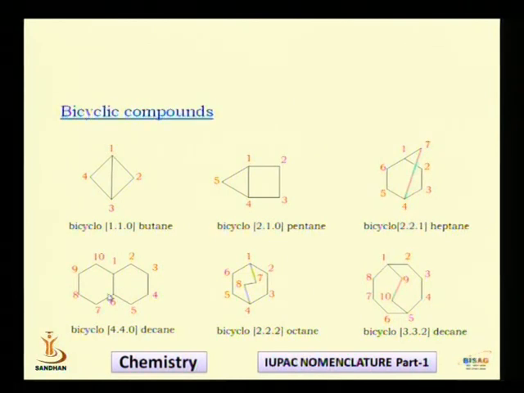Now how should we write the name? We should write a prefix first. And what will be the prefix? The prefix will be bicyclo, because the system is bicyclic. So we have written the prefix, bicyclo. Second, we have to fill up the numbers in the square bracket. So write a square bracket, and now you have to fill up the numbers. How do we fill the numbers? Count the number of carbon atoms in the first half cycle. This is my first half cycle. How many carbons are there? 1, 2, 3 and 4. So there are 4 carbons in the first half cycle, so I will write the first figure 4.